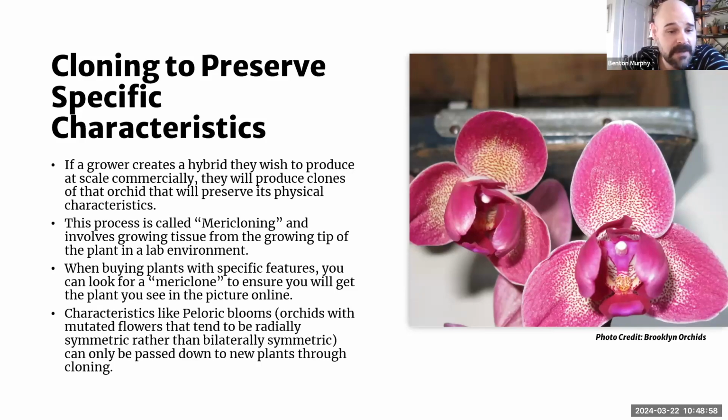mericlone, especially if you are looking for specific characteristics that are valued by some folks in the orchid trade, including peloric blooms. So this blossom in front of us is a peloric bloom, which means it has a mutation that causes the flower to be more radially symmetrical rather than bilaterally symmetrical. If you remember the slide on orchid blossom anatomy, this is just an example of how that would look. It looks a little bit different. People really appreciate this, but if you grow your new orchid from seed, the baby plant probably won't have